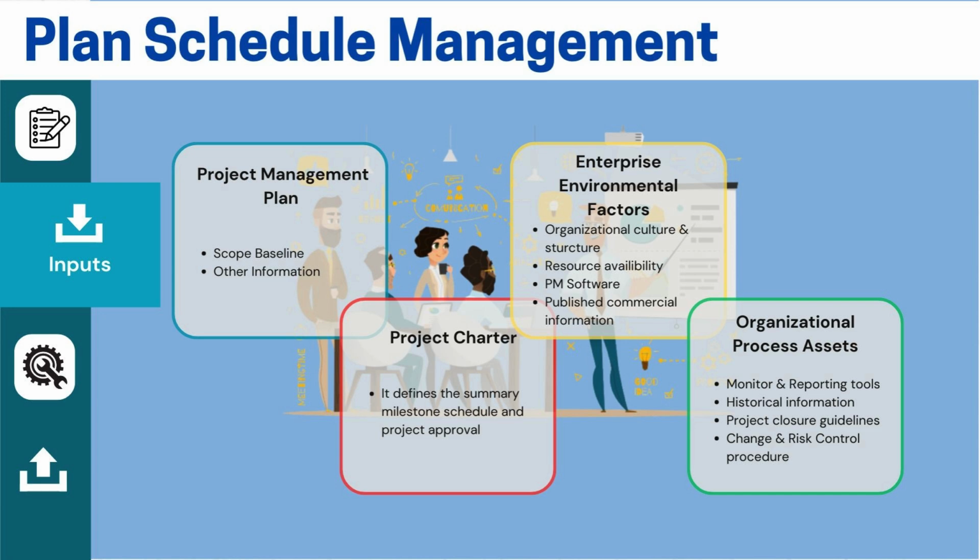Another key factor is resource availability. What kind of project management software are you using? Some teams use Microsoft Project, Primavera, or Clarity by CA. Various software solutions are available for managing project schedules, and the choice of software can impact project planning. Commercial aspects also play a role in project scheduling.